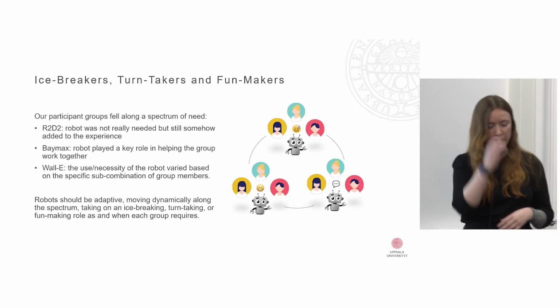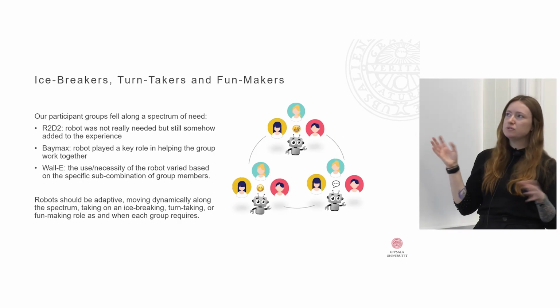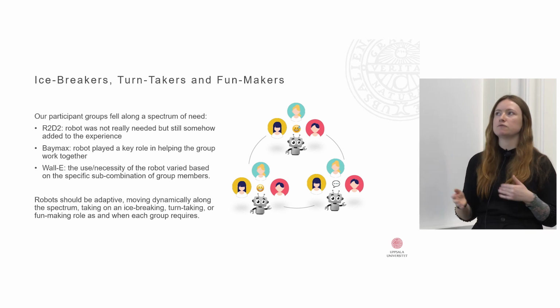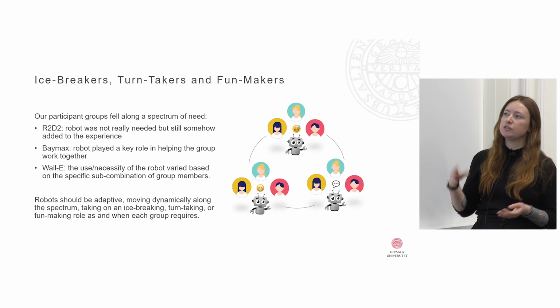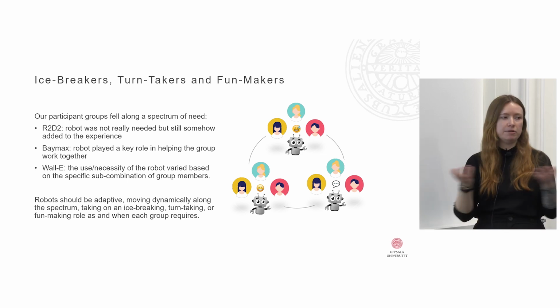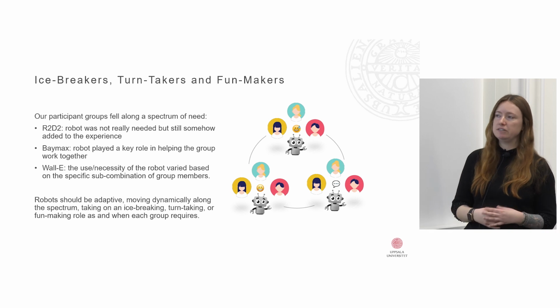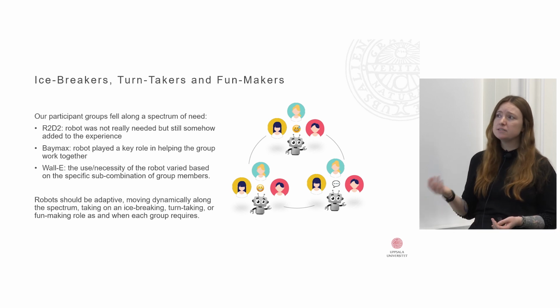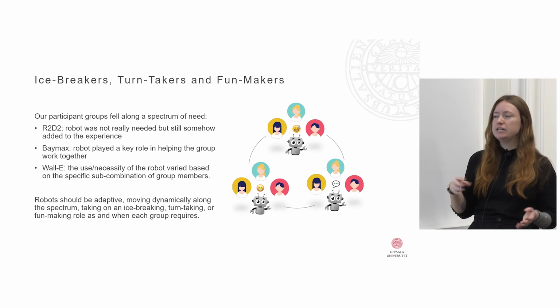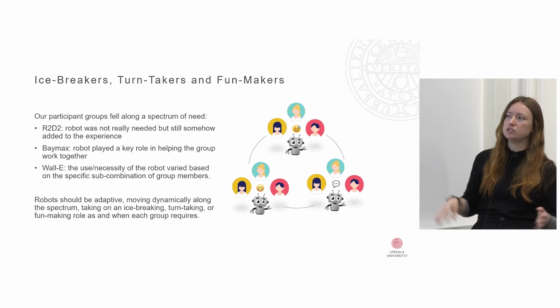And so our takeaway was that we saw the need for the robot, and the way the kids used the robot, on a sort of spectrum. So with R2D2, they really didn't need the robot, but they still somehow enjoyed it. It seemed to add to their experience. For Baymax, the robot really played a key role in helping the group work together. And for Wally, the use or necessity of the robot really varied based on whatever combination of who was controlling